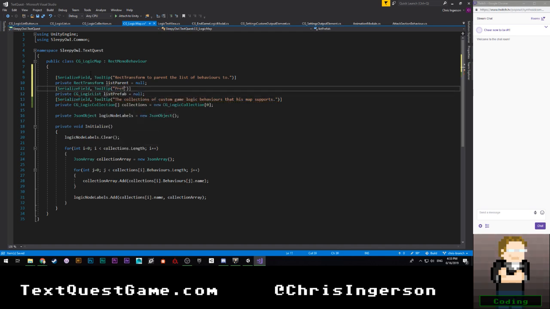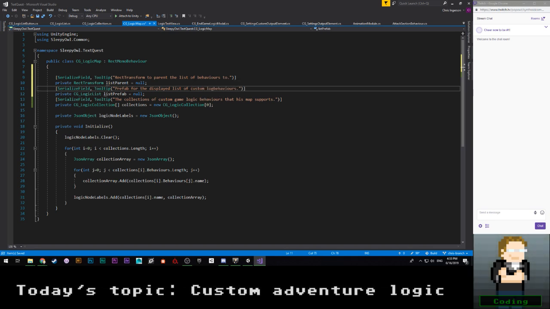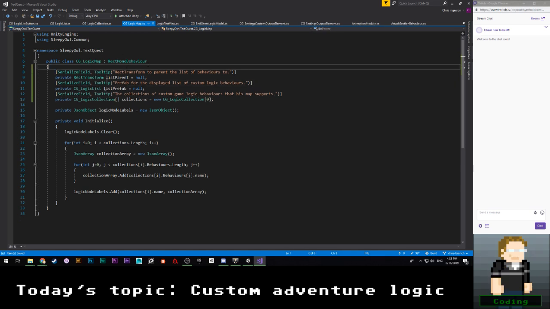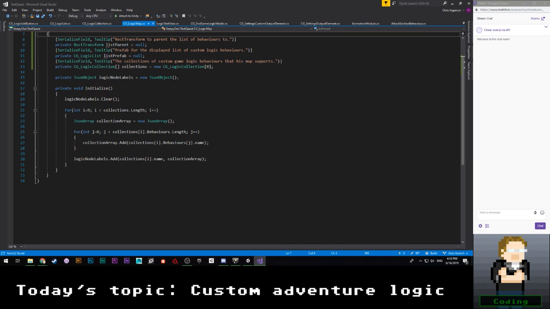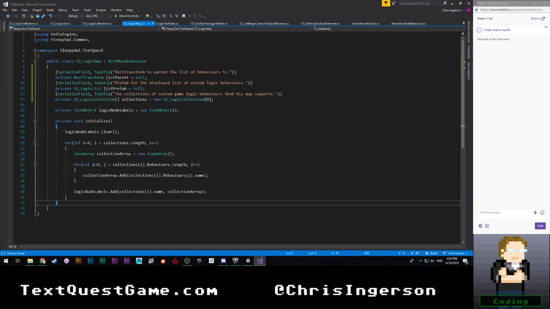We're going to call this prefab for the list, prefab for the displayed list of behaviors, custom logic behaviors, and I think that's pretty much all I need. So we're going to initialize, we're going to do all this fun stuff. Logic node label is going to be a JSON object, and then, yep, that's pretty much it. Okay, so from here,